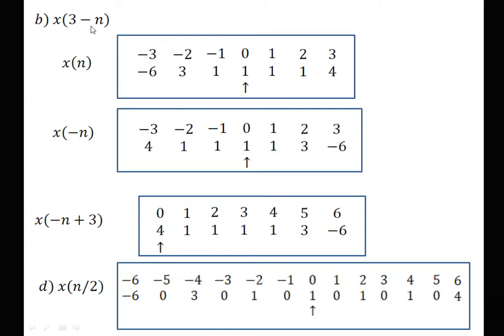So this is nothing but downsampling of the signal, that is, the compression of the signal or downscaling. Next is the x of 3 minus n operation. Now 3 minus n indicates, first this is the folding plus delay operation. So here we require to first apply the folding operation. This is the x of n. X of minus n is nothing but exactly the opposite. So all this 1, 1, 4 comes here, and this 1, 3 and minus 6 go to the positive side. So this is x of n and this is x of minus n.